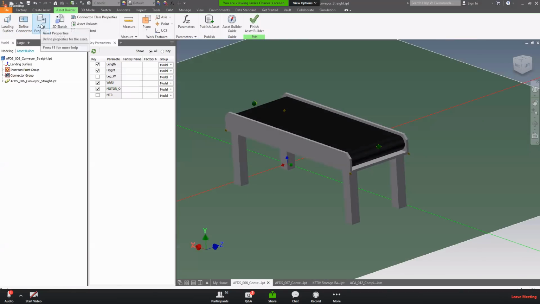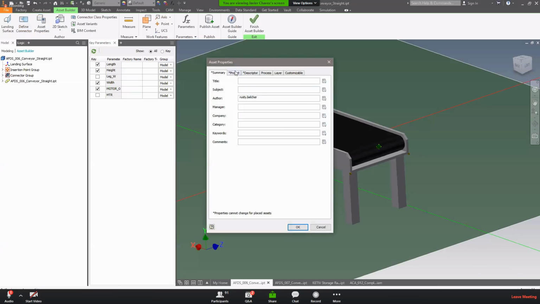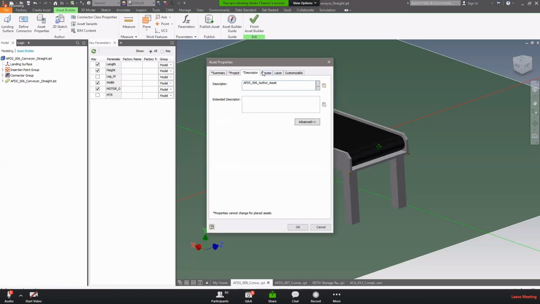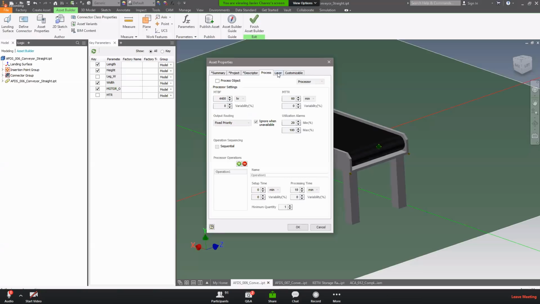You can embed properties in here. When I click here, we can create a part number that's a little bit more intelligent. We can create formulas that include the length and height, so that we get a part number description that's a little bit smarter. In this case, we've got a formula that says conveyor equals conveyor, take the length parameter and the width parameter at the moment and make a unique description for us. You could do something similar with the part number. We get to control all of this information here,